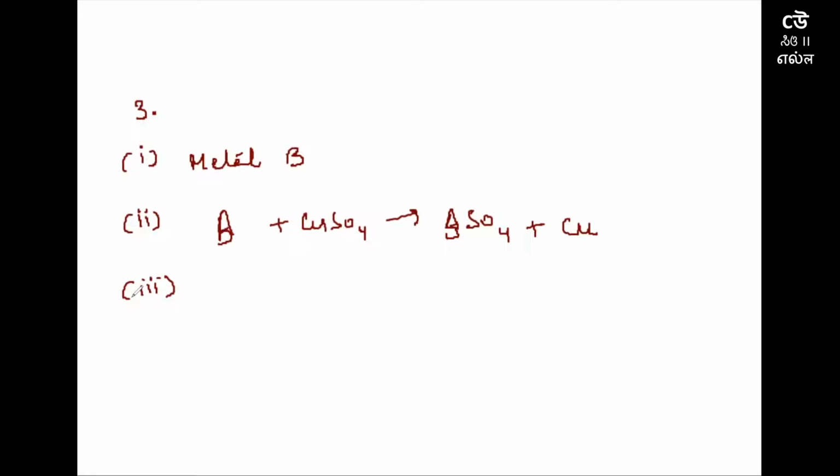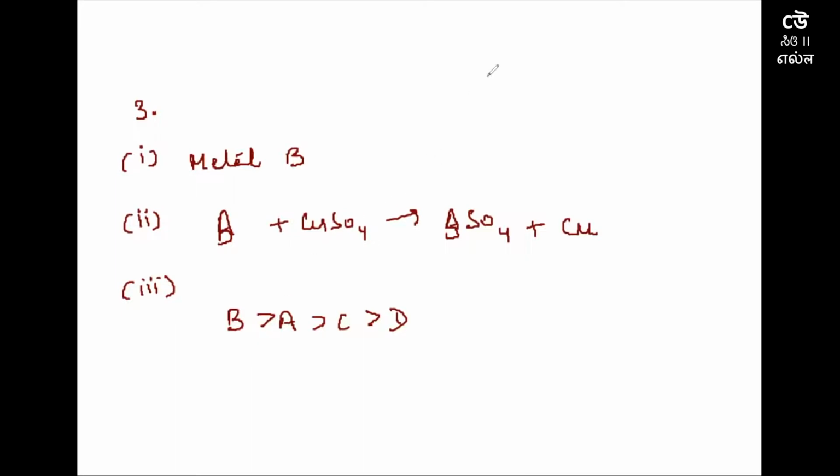Comparing it with metal A, it is going to be reactive but less than that of B. So metal A is less reactive because it displaces copper from its salt solution. Metal C is still less reactive because it can displace only silver from its salt solution. And then the last one is D. So out of these four metals, B is the highly reactive one and D is the least reactive one. And that is how you people can answer this question.